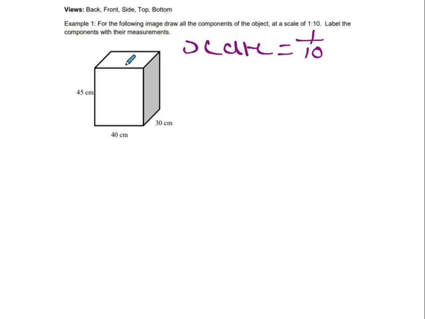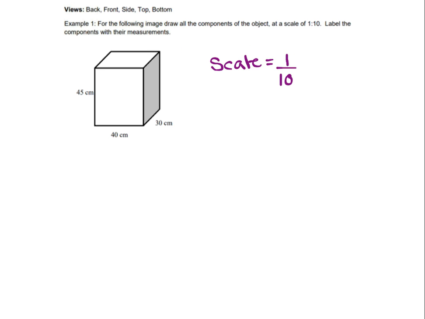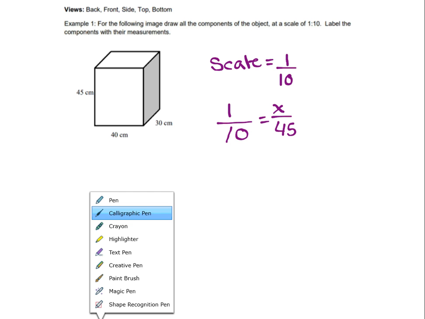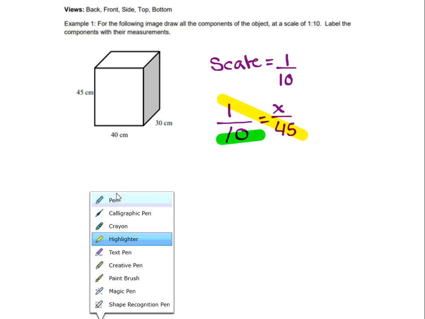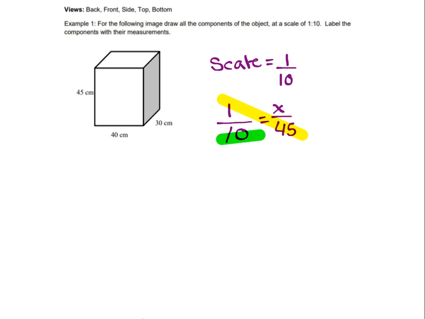So now we can take and convert all of our original measurements, which are the ones on the drawing, to a scale measurement. We're going to take each one. So I have 45, so we're going to set it up as a proportion. So 1/10 is equal to x over 45. And remember, we're going to cross multiply. So we're going to take the two things that are across from each other, multiply those two things, divide by what's left out. Okay, so cross multiply, divide. If we do that, I get 45 times 1 divided by 10, which means that x is equal to 4.5